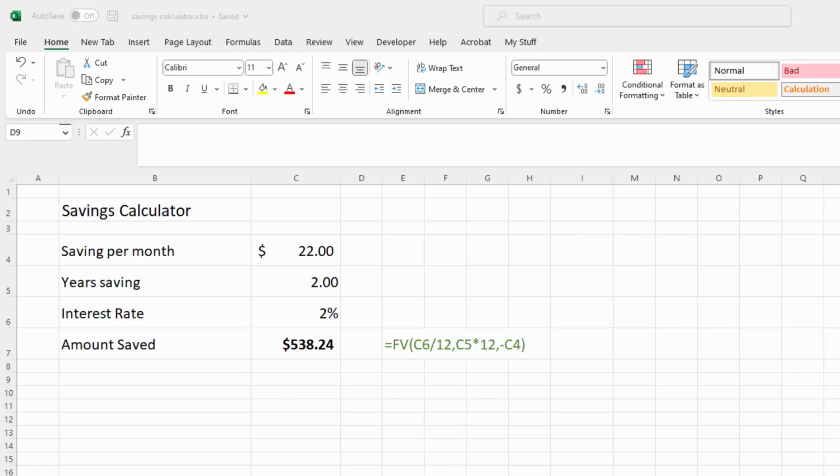Hello and welcome to this video tutorial. Today we're looking at an Excel feature called Goal Seek. Now Goal Seek can be a little bit confusing to understand, so let's have a look at it in terms